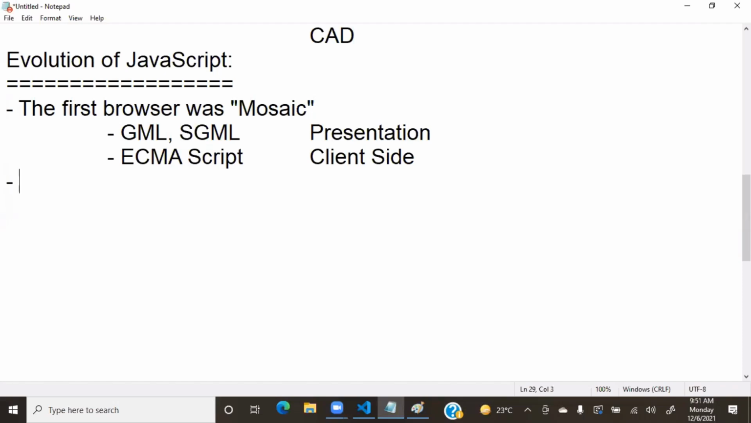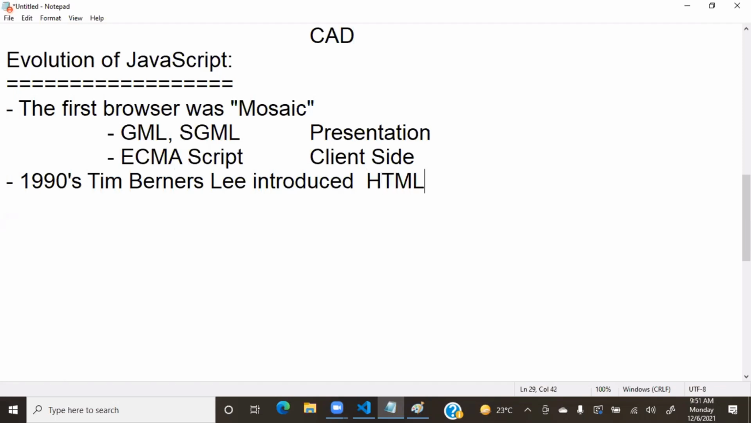After that, what happened is, we already learned that in the early 1990s, Tim Berners-Lee introduced a language, HTML. We discussed that already in the history. He introduced HTML, and we started using HTML as a markup language. Then in early 1994, a company called Netscape Communications